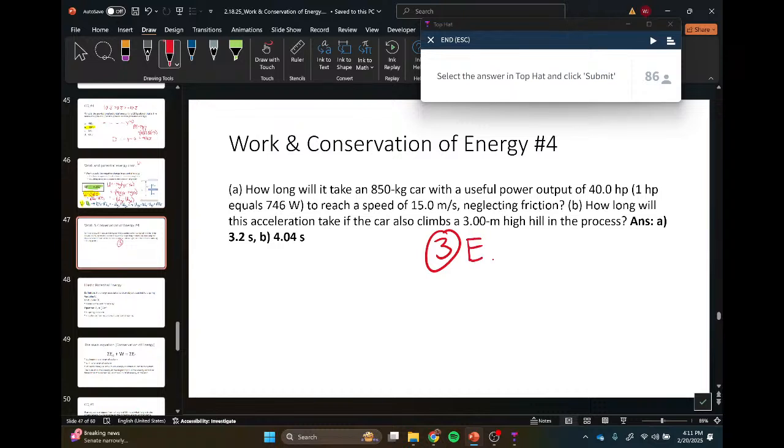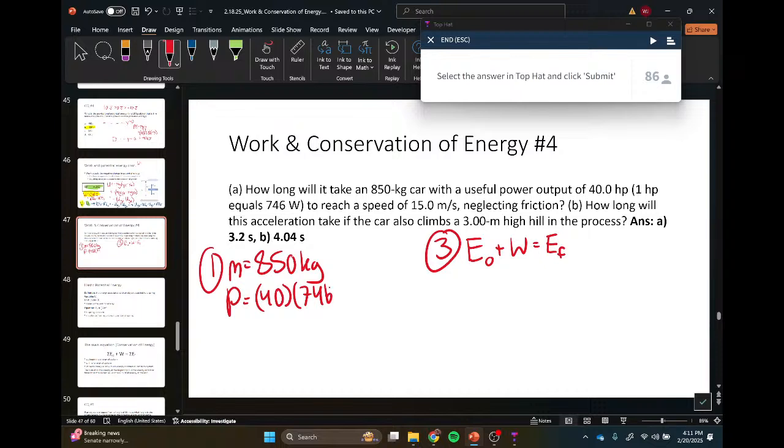Shock and awe, the second you realize it's energy plus work equals energy final. Again, that's every single energy problem. We're going to do that. So we write down our givens. We have the mass of 850 kilograms. We have the power of 40 horsepower. So that's going to be 40, and then we're going to multiply that by 746 to get us the total